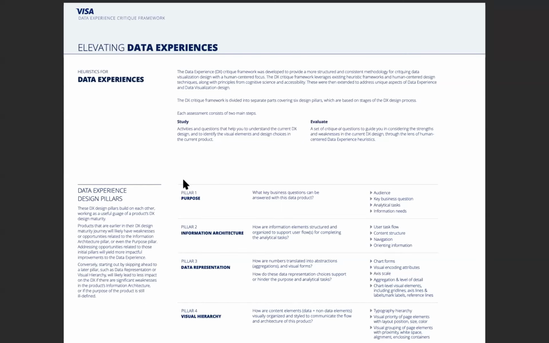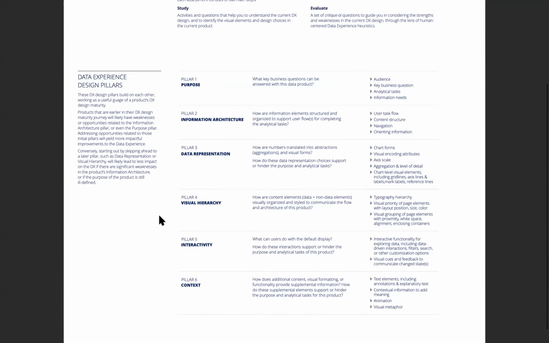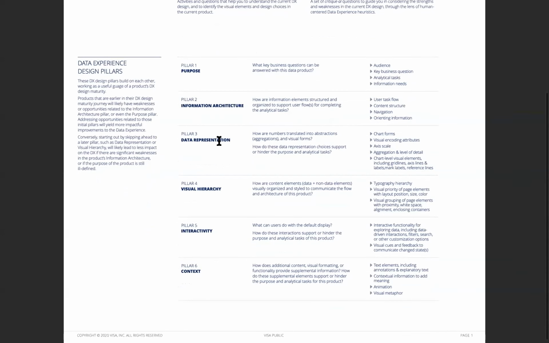So the pillars themselves, I have them listed over here. They're kind of like the designer's perspective. So they focus on design activities and choices that we make. You can see the six listed here, and then in this column, you can see some of those actual choices or outputs or elements that we work with for that pillar. So we always start out with purpose, and this one happens before, hopefully, you do any visuals. And that really includes the key questions that they're asking in the audience and that sort of thing.